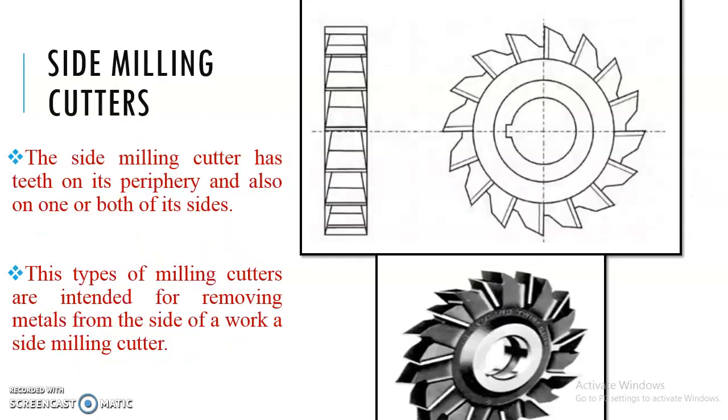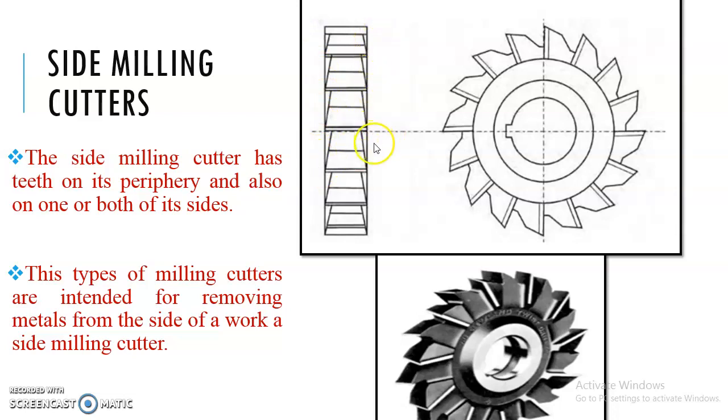We'll go to the second type of milling cutter, the side milling cutter. So what is its speciality? A side milling cutter has teeth on its periphery as well as on both sides of the surfaces. If you see here, it is a front view of a side milling cutter. So this is the front side of the milling cutter. At the same time, it has cutting edges on the other side also. One can say from this picture, this is the right side of this milling cutter and the left-hand side of this milling cutter. On both sides of this milling cutter,